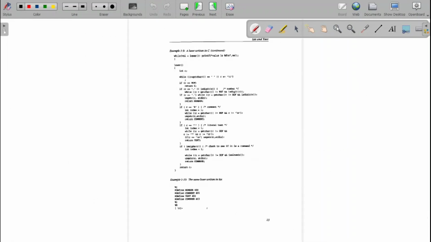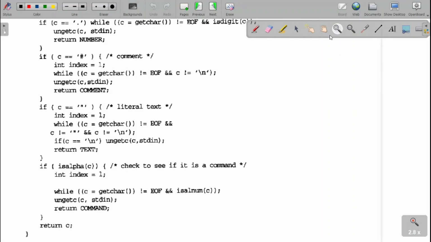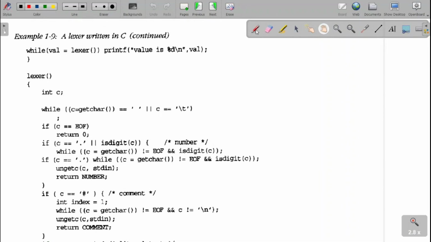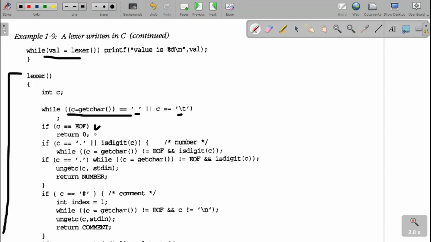Then the next one: first, we call the lexer. So the lexer is this routine. First, we need to ignore the white space. As long as it is a single space or a tab of any number, we just put the semicolon, meaning whatever space is there gets ignored. And if I get the end of the file, then I complete my work and return the value 0. If not, I need to process the first option.